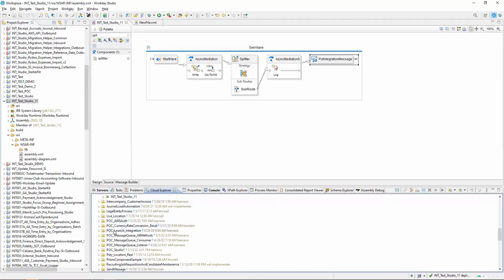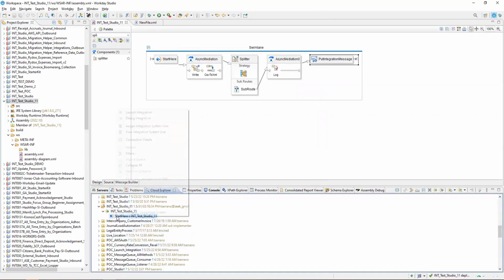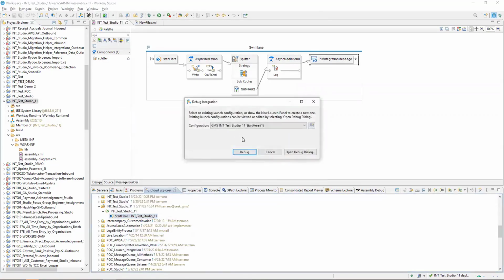Okay, so it is deployed. This one. I'll come again here and then debug integration.